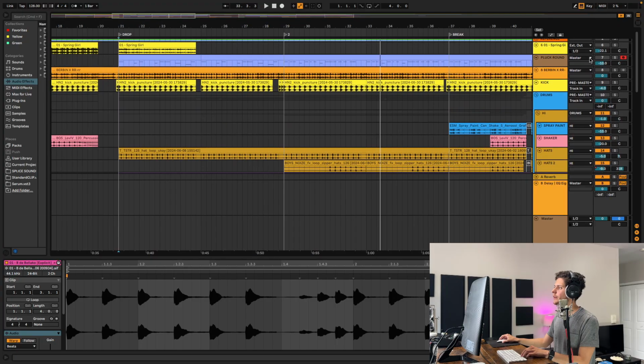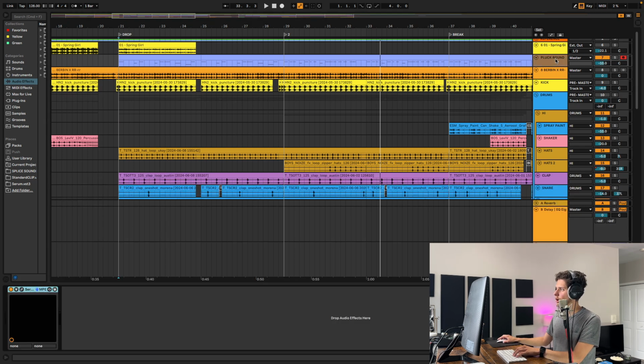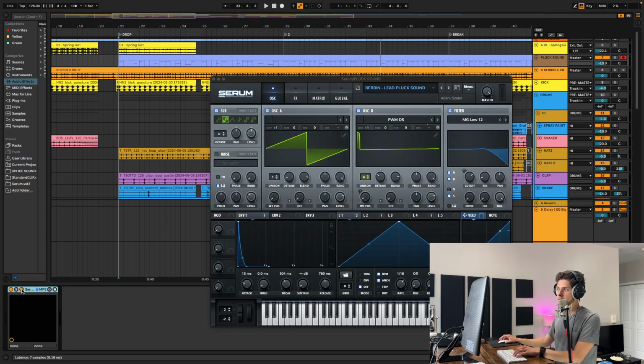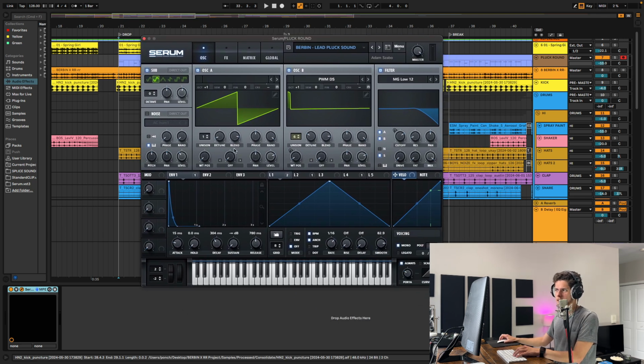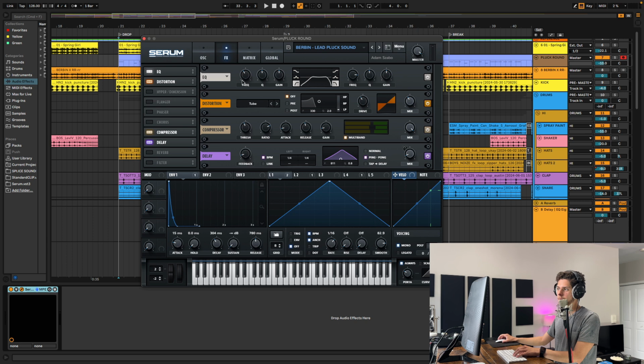I made this sound, right? I called it pluck sound round. And I'm gonna open the sound because this is a synth called Serum. It's very popular. And I started making this sound with this saw wave. And then I got a different wave and mixed them together, put a filter on, put some effects, and it ends up sounding like,